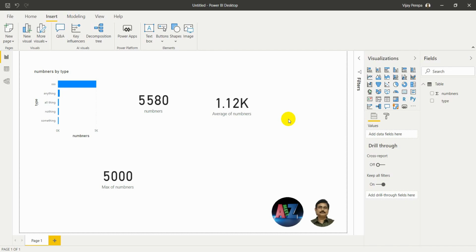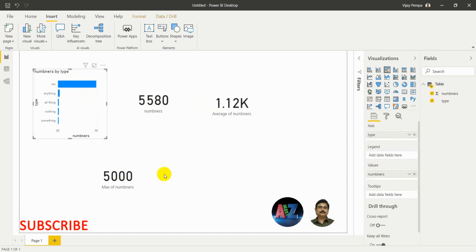Today morning, I finished a session on Power BI for beginners. During that training, I received a question from one of the participants that he wanted to make a beautiful tile combining all these KPI metrics, that is cards and one small chart, like a small table structure, and make it more appealing and interesting.